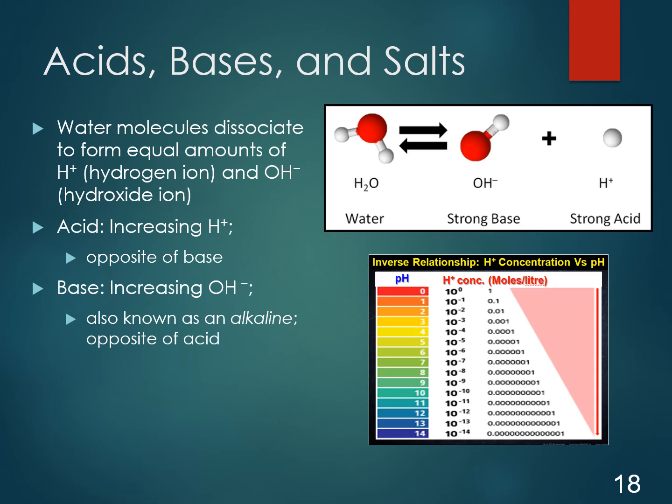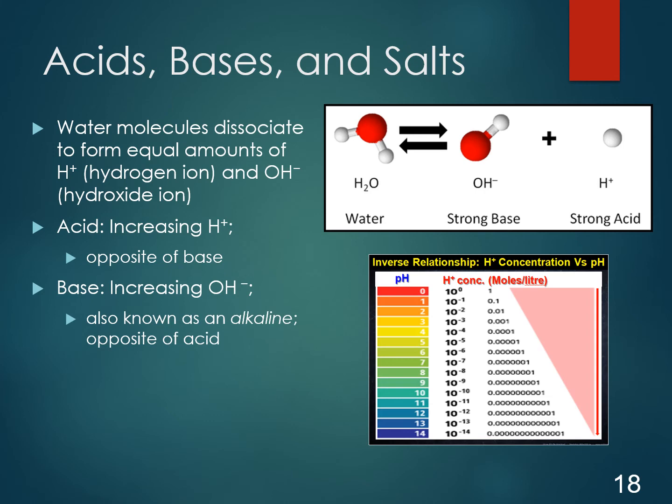Now we're going to talk a little bit about acids, bases, and salts. Now the book goes into quite a bit of detail regarding reactions and formulas. You don't need to know those. The important takeaways for us are just to know the basic differences between them. So the first difference that I want to point out between acids and bases is the level of hydrogen ions